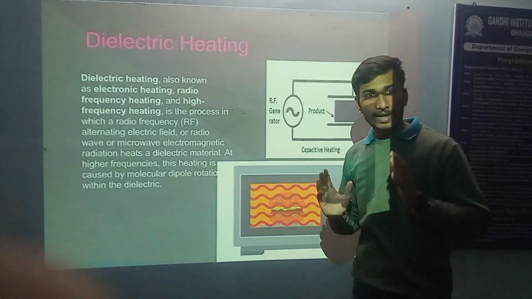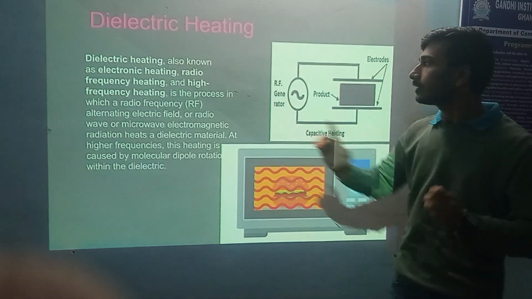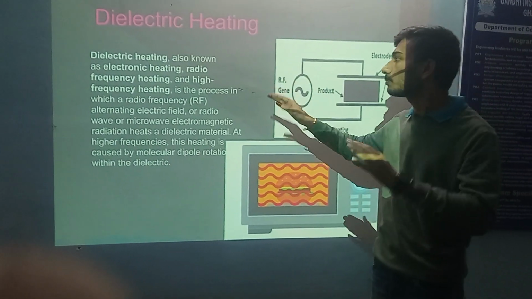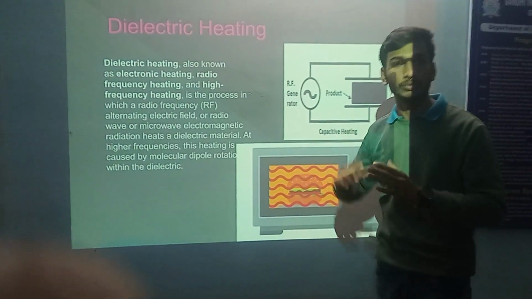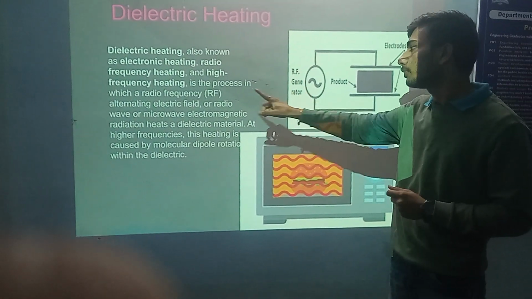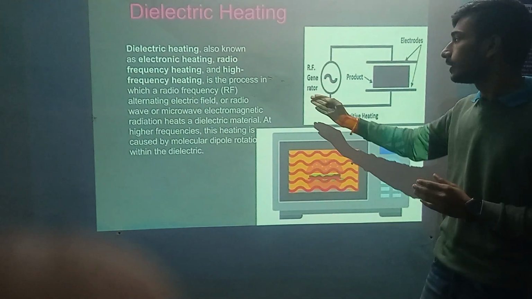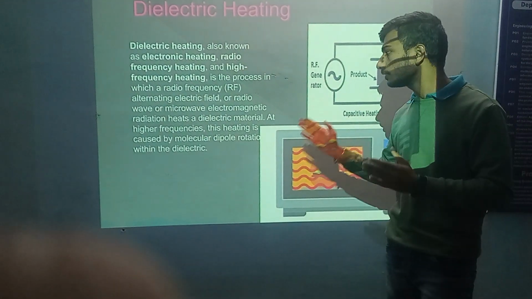Dielectric heating. Dielectric heating is also known as electronic heating, radio frequency heating, and high frequency heating. That is the process which uses radio frequency, RF. We call RF radio frequency, and then an alternating electric field or radio wave and microwave. Electromagnetic radiation heats the dielectric material. At the higher frequency, this heating is the